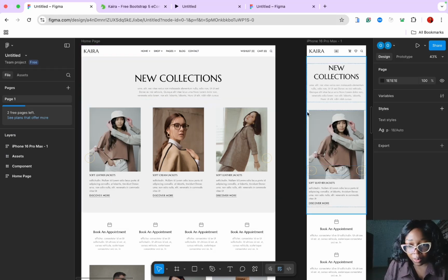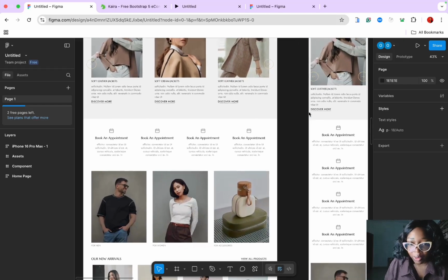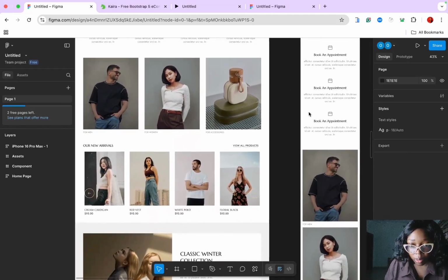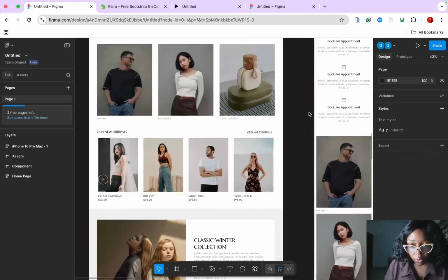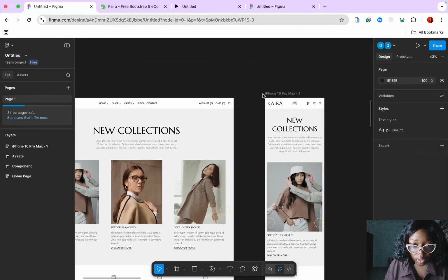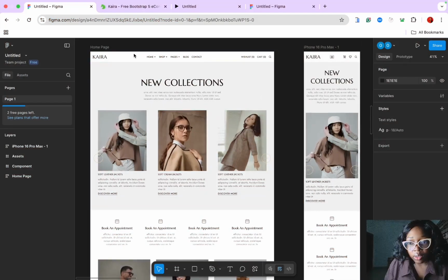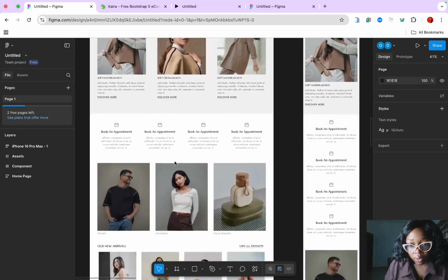So today we're not going to be developing any websites. We are going to be doing something different from what I have been doing on this page. This is going to be my first Figma video. I'm going to be designing this website on Figma. It is responsive. This is the web view and this is the mobile view, so this website is very much responsive. Yeah, so we're going to be learning how to just put all this in place in Figma